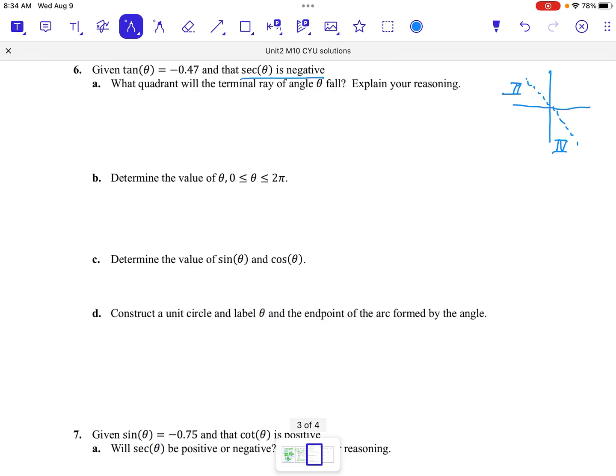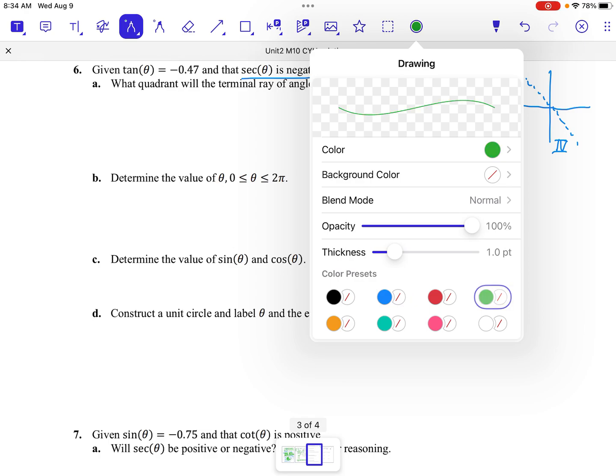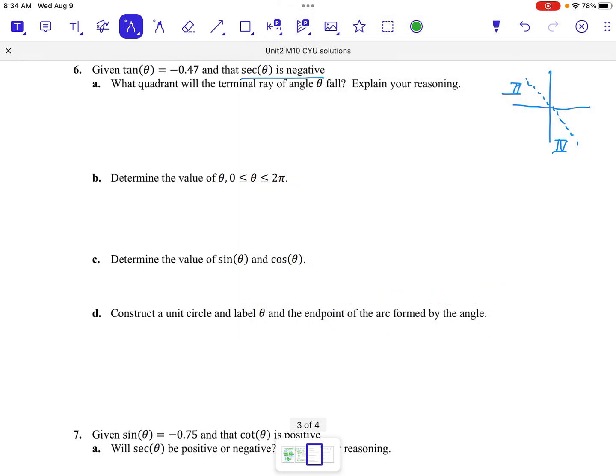And we know that cosine represents our horizontal distance from the vertical axis, and that's going to be negative to the left of our vertical axis, which is in quadrants 2 and 3. So they both overlap in, so to make both of these statements true, we would need to be in quadrant 2. And that's important when we go and find the angle measure, because we need to make sure we're using the right